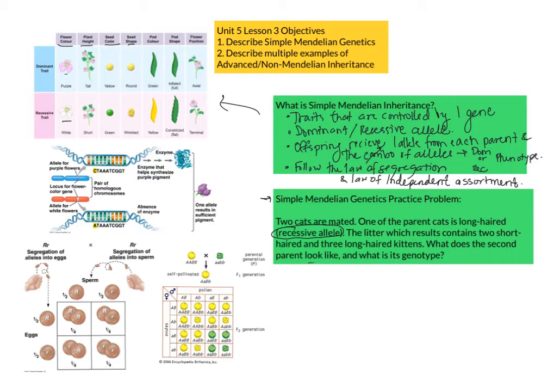So let's start with writing down what the long-haired or short-haired phenotypes correspond to. Long hair is the recessive form of the trait, and short hair is the dominant version. I'm just going to use the letter A. It doesn't matter what letter you use, it just matters if it's uppercase or lowercase. The recessive allele is always represented by a lowercase letter, and a dominant allele by an uppercase letter. So we've got parent number 1, who is long-haired,